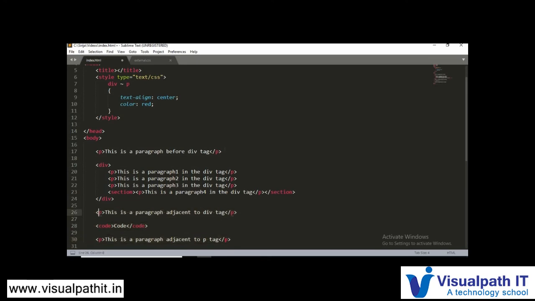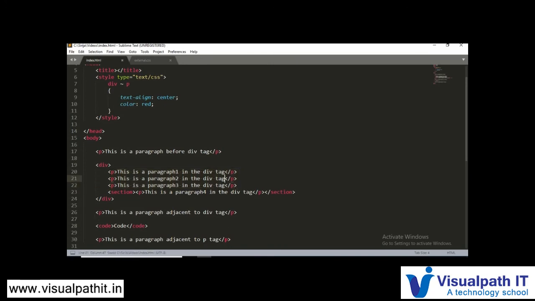So now let's see. Now we will not see any style for this, neither for this. You will not even be able to see any output for this also. Please note this point. You will not be seeing any output or any style for this also, because this comes in child parent, so this will be the parent, and these are the siblings. Now this is the topic of general siblings. So apart from these tags, the rest two p tags will have this style.